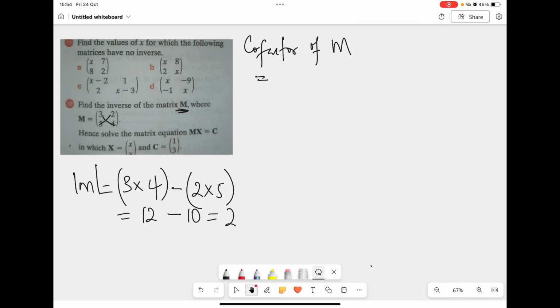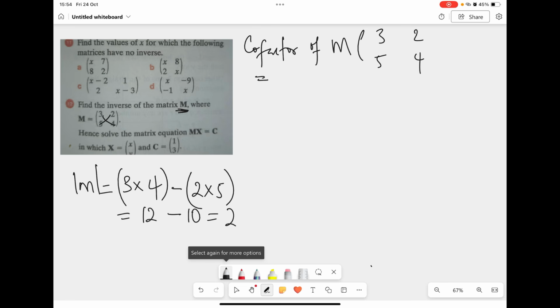But it's also right that you know how this is done properly, so you know the applications, you know the endpoint, and you know how to shorten it. For the cofactor of a 2 by 2 matrix, precisely our matrix M, which is 3, 5, 2,